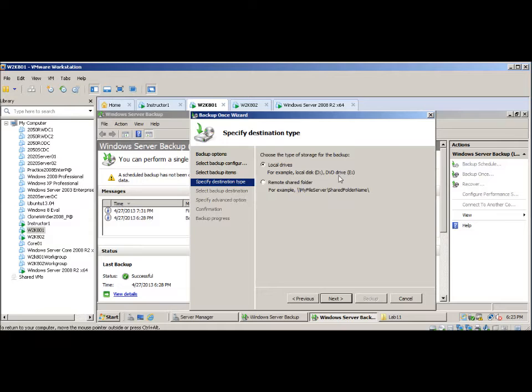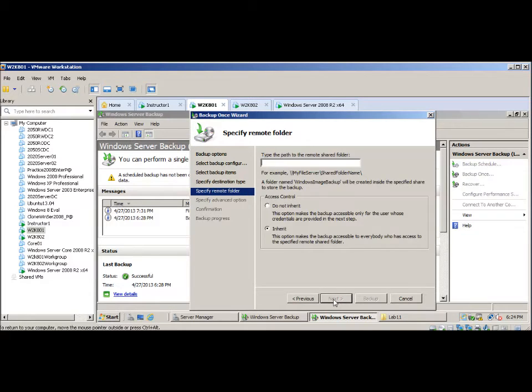That's one feature they left out, but we'll go ahead and back up to a shared folder, and we're going to be using the shared folder on our 802 server. So let's click continue, and right now it's wanting us to give the server name and a shared folder, and what we said we were going to do it on 802, so we'll do W2K 801, and we're going to back up to